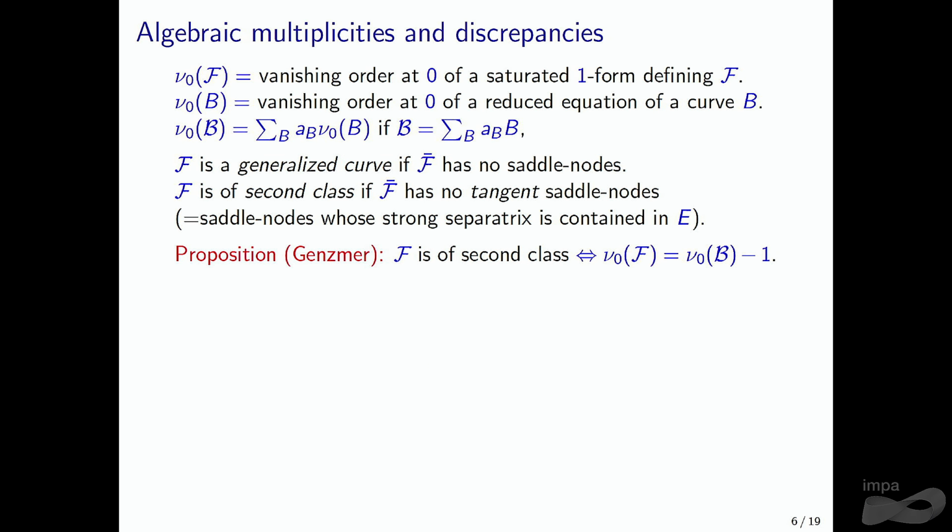We recall also the algebraic multiplicity of the foliation at the curves, the vanishing order of an equation of the foliation at the curve, and we extend the definition of this algebraic multiplicity to divisors in the natural way. And we need to introduce two more things. So it's the definition of generalized curve,